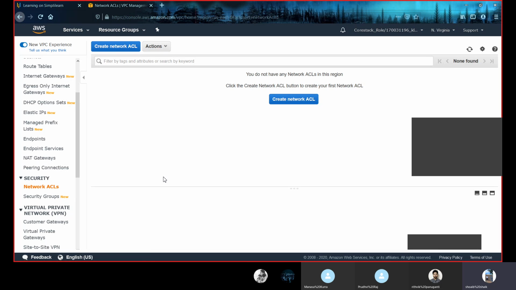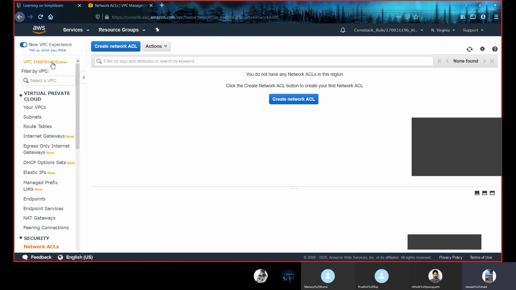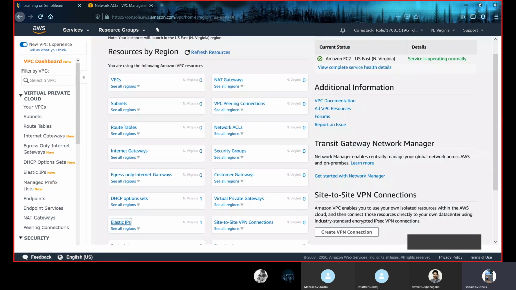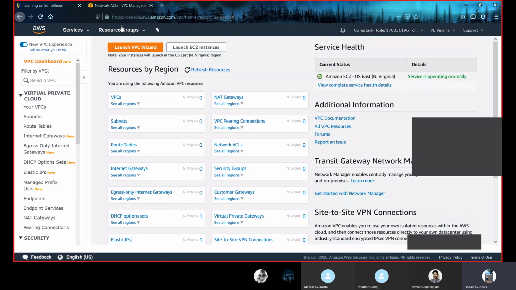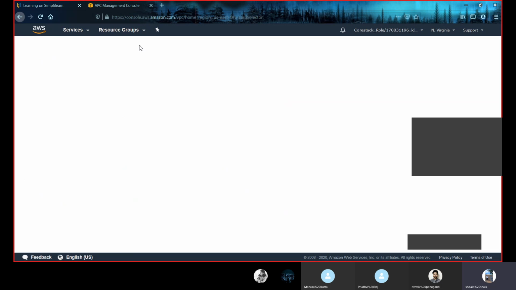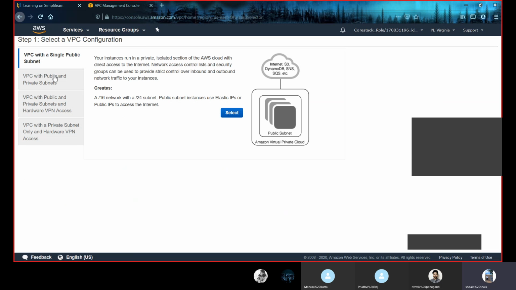Now let us launch an instance and connect it to a NAT gateway, and let us create security groups and network ACLs. Now, to create a virtual private cloud, you need to get into this launch VPC wizard. Just click it here.